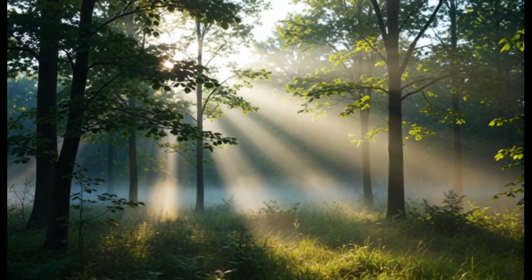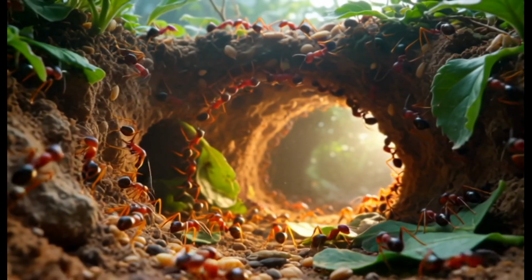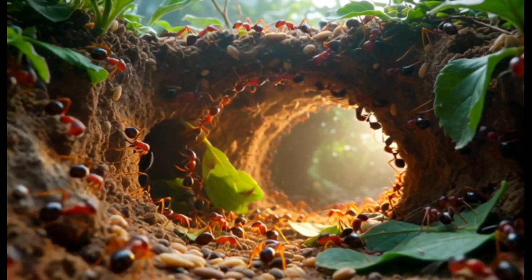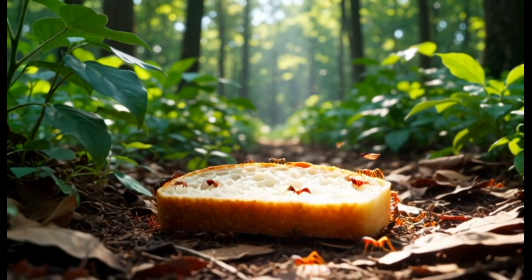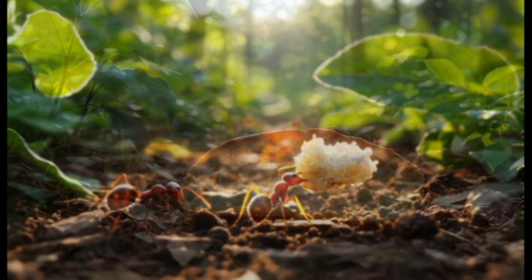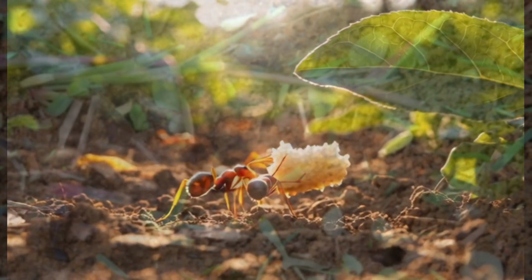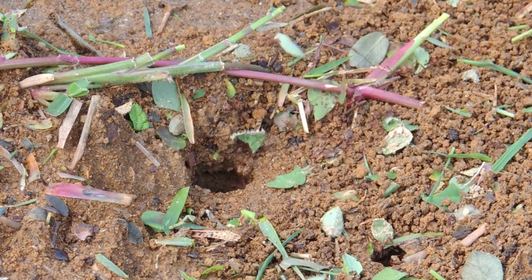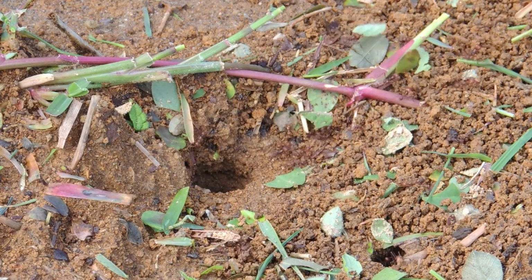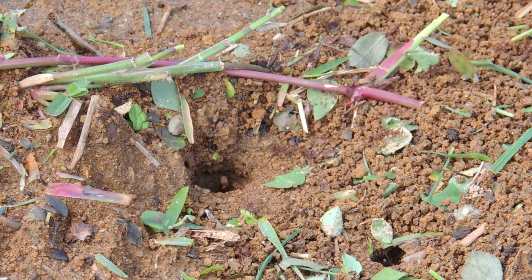Nature's forgotten architects are busy all around us, building and innovating on a scale we rarely notice. From soil to treetops, from floodwaters to deserts, ants prove that even the smallest creatures can tackle the biggest engineering challenges. Their colonies remind us that architecture isn't just about what we design, it's about how systems, both social and structural, evolve to meet challenges. So stay curious, because when you look closer at the world beneath your feet, you realize the greatest builders might